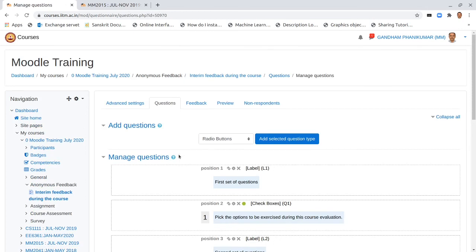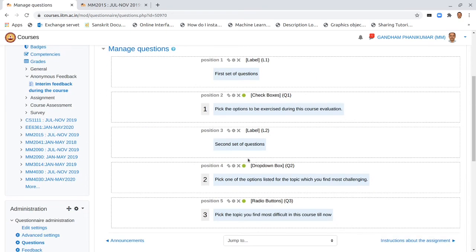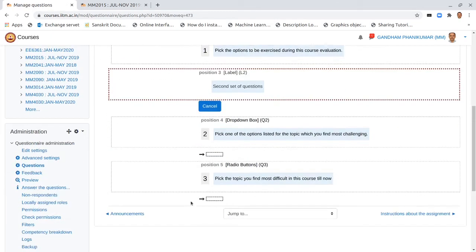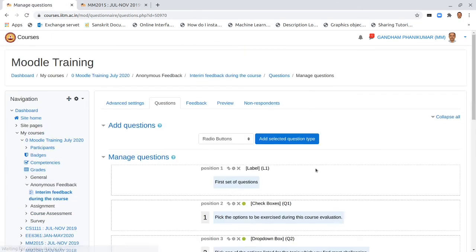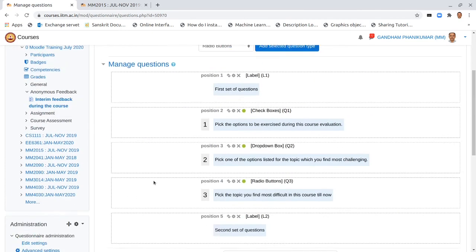So sometimes when we have a second thought and want to add a question or two again, we can come back and edit the survey even though the survey is already in progress. Okay, and we can now again decide to move this label below. Click on that and we want to move that label, for example, here. Okay, so we have moved the label here, the bottom.